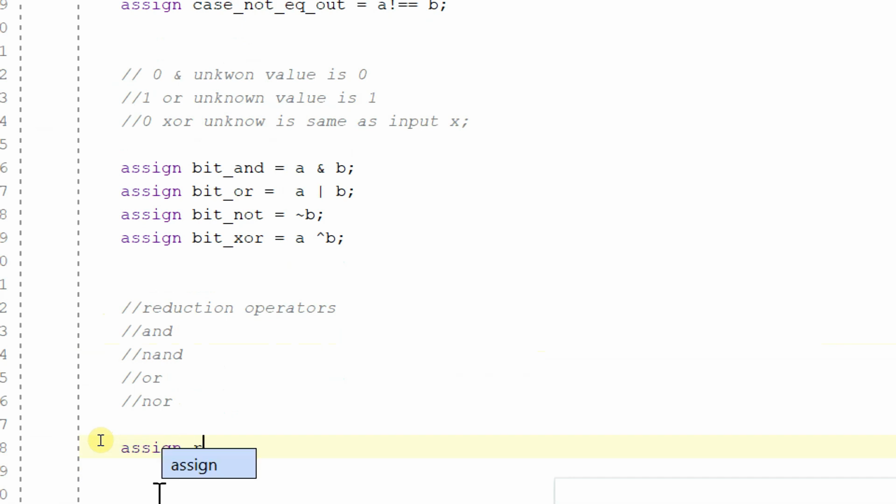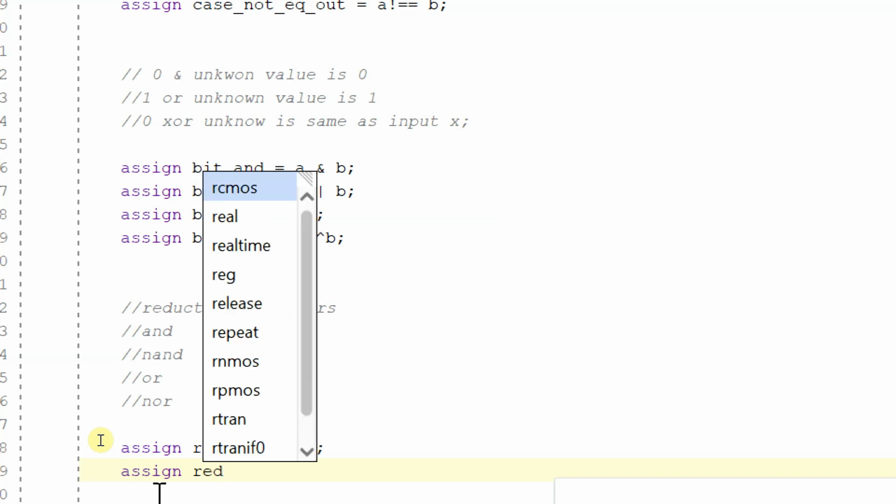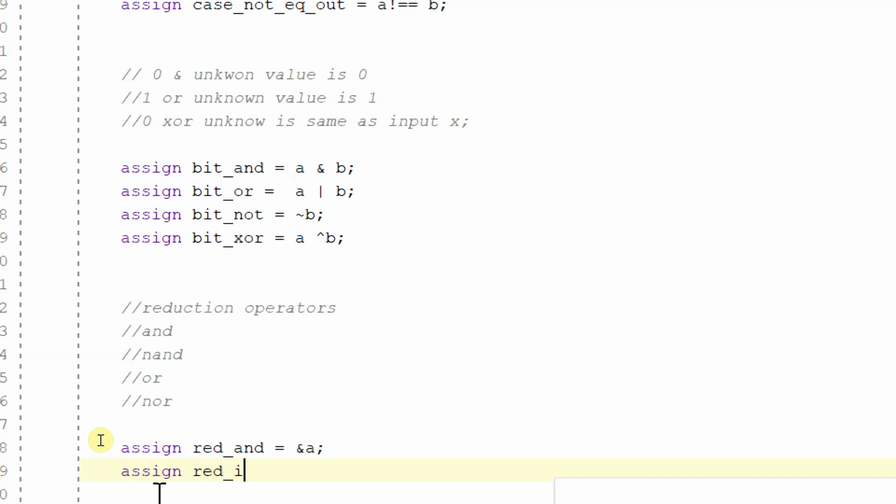So I will assign reduction_and is equal to, if I want to use the reduction AND operator, then the symbol is ampersand, and I will perform reduction AND on A. So this is a reduction AND, AND of A. If you see the output, then it will be more clear what's happening here. First of all, let us use all of them. Reduction_or will be equal to OR of A. Sorry, yeah,